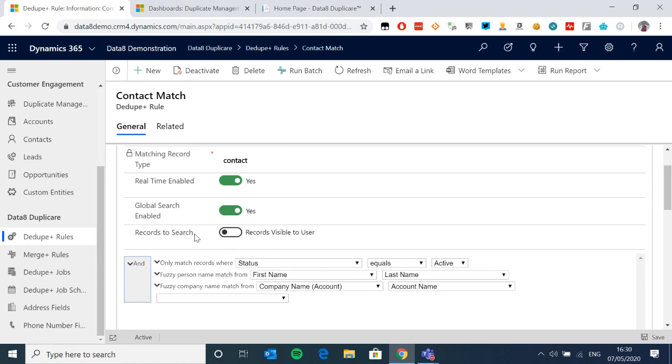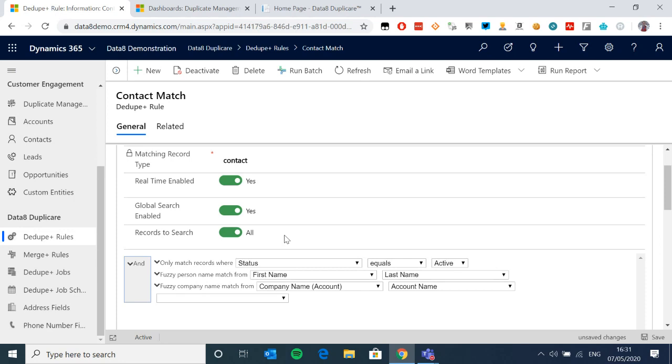Now, the other thing that's worth mentioning at this point, and this is one of our new features, we've only just launched this well, today, I guess, is you can pick how wide you want to search. By default, your records to search will be records only visible to the user based on their permissions. You don't want them to know there's a duplicate, because your system handles that with its security roles and business units and all that sort of stuff. But what you can alternatively do is make it be all records. Now, this still isn't going to break your security, because this will tell them there is a duplicate, but will not tell them anything else about that record. So it's not risking telling people things they can't know.